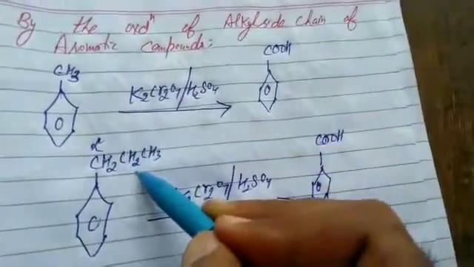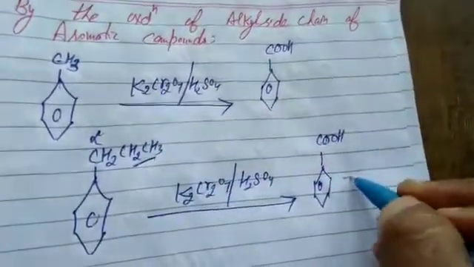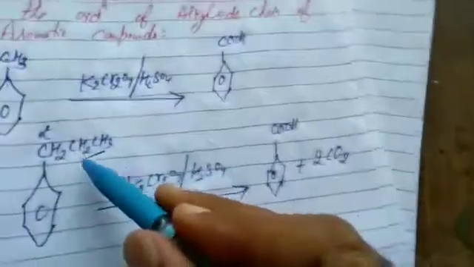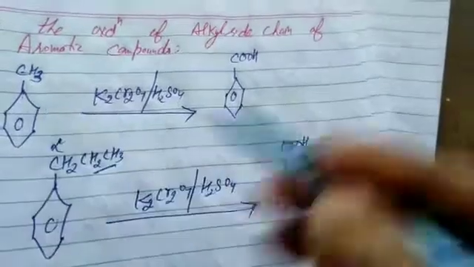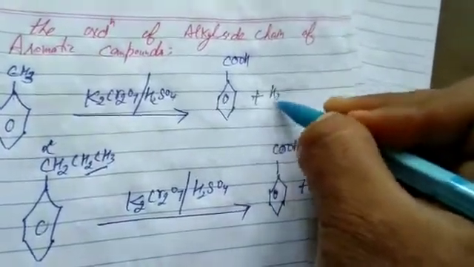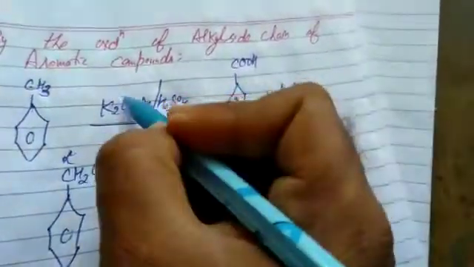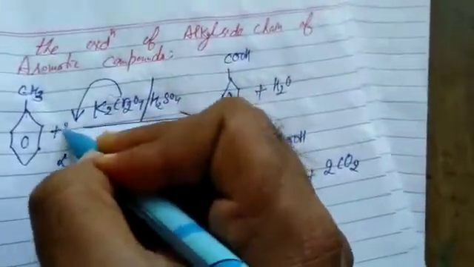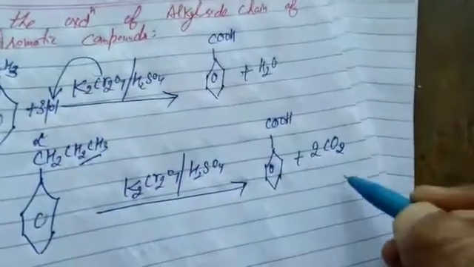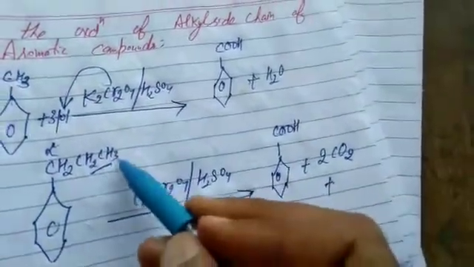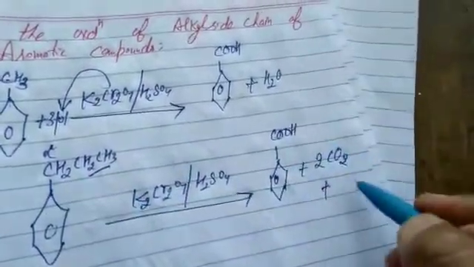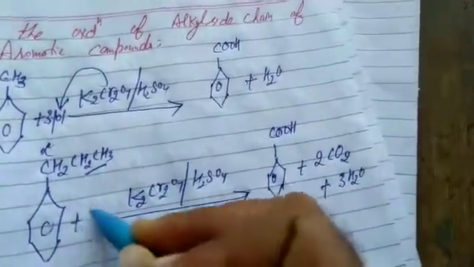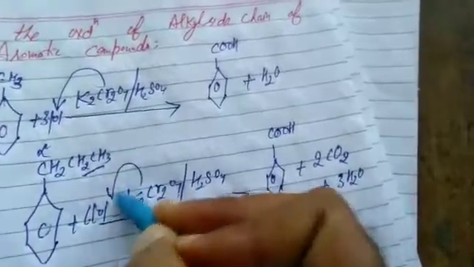The rest of the carbons oxidize to CO2. Two are left, total three, two are left, so 2 CO2. In this, only one hydrogen is left. Hydrogen is oxidized to water. Three oxygen atoms are supplied. It is the function of the oxidizing agent to supply nascent oxygen. Again, how many hydrogen atoms are in the side chain? 3, 5, 7. One is left. Three are oxidized to water with 6 oxygen supplied by the oxidizing agent.